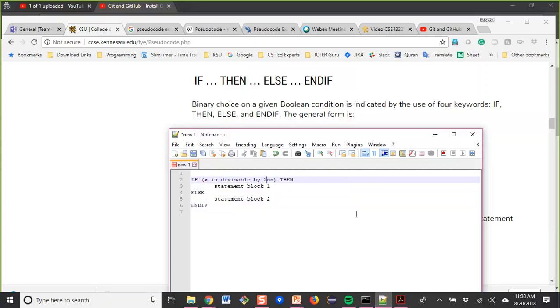If the number x is divisible by 2, then we know that the number is even, okay? Otherwise, else we know that the number is what?